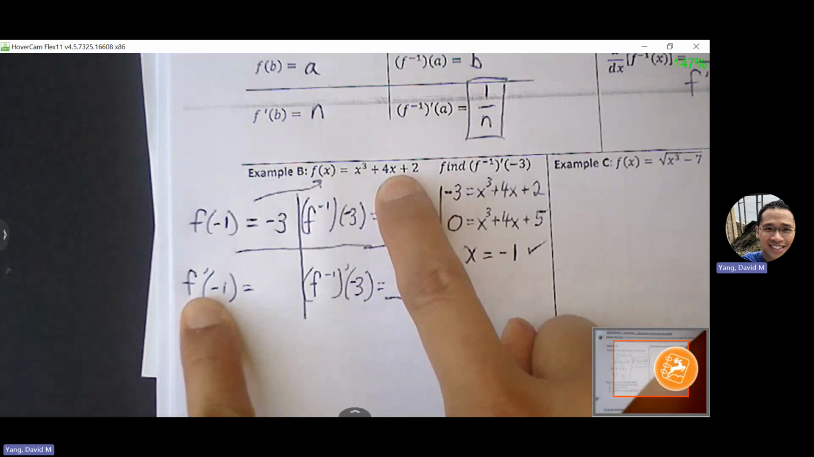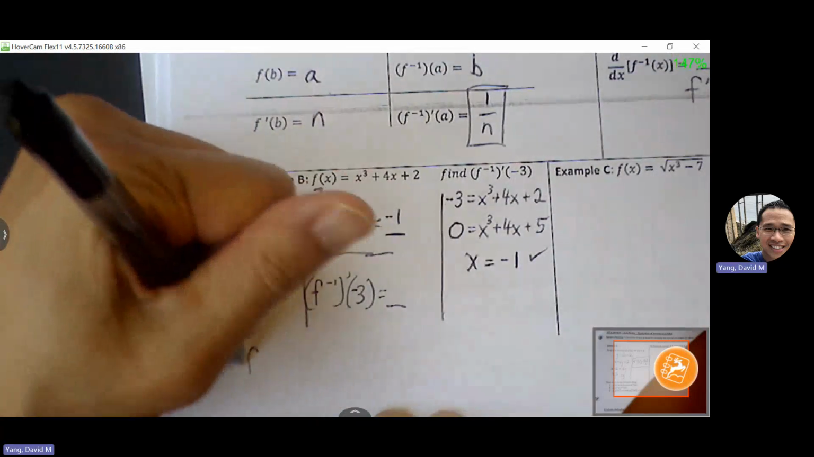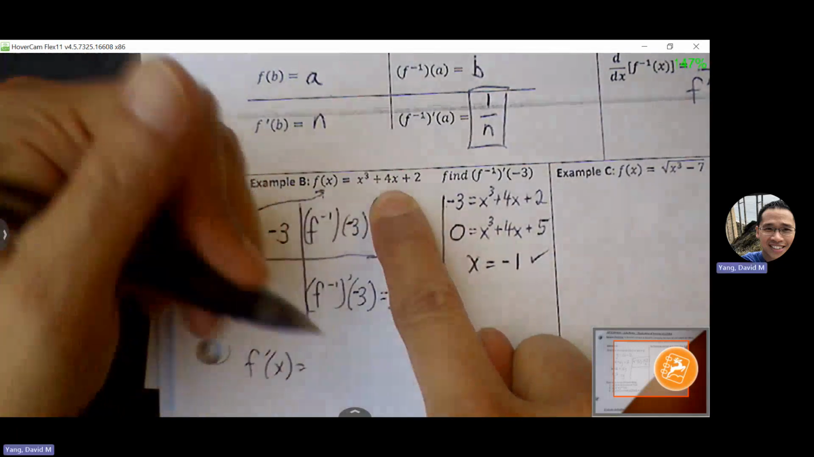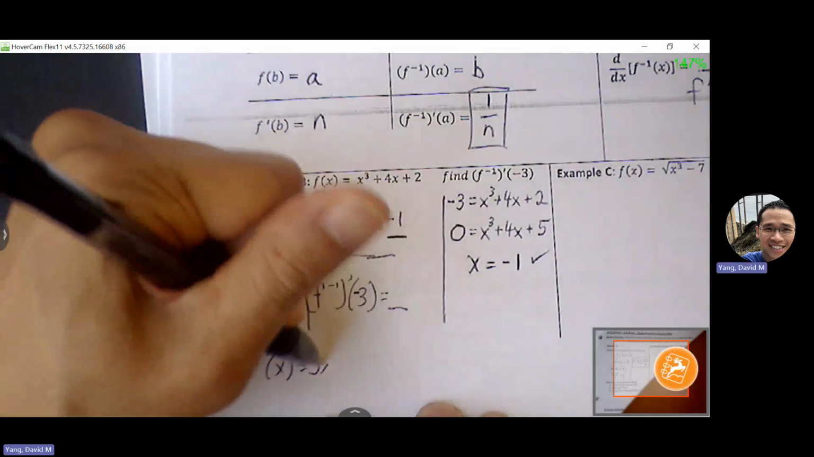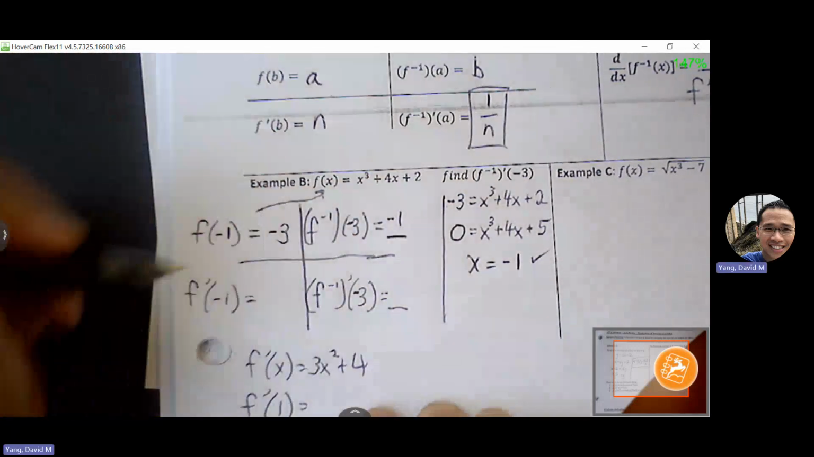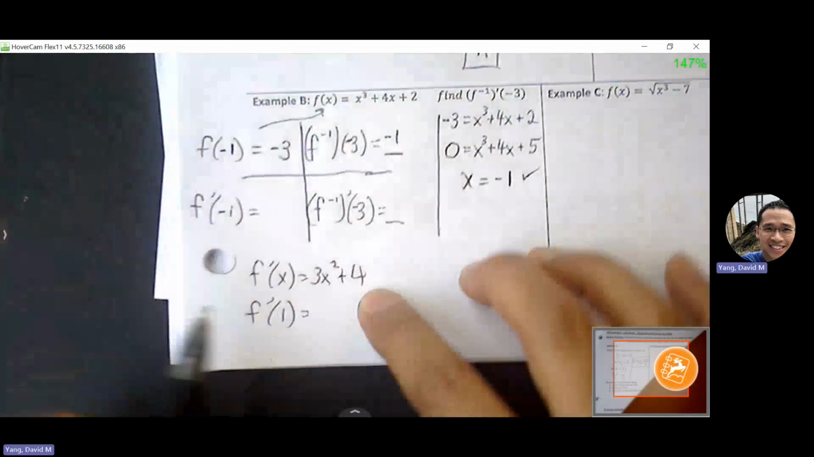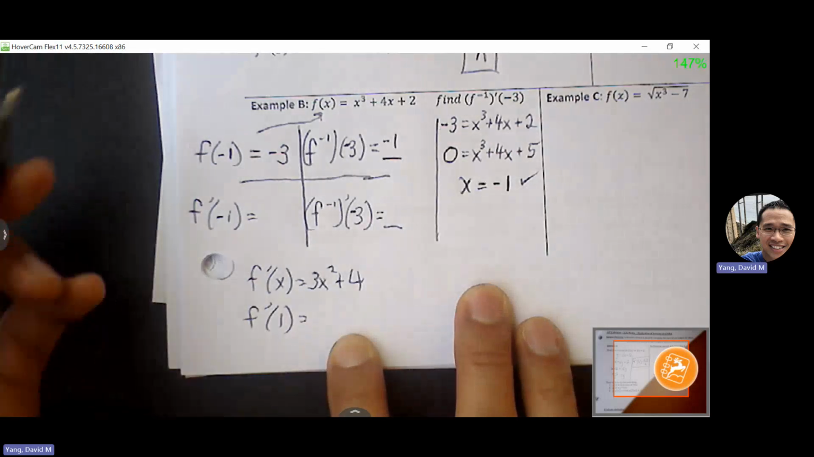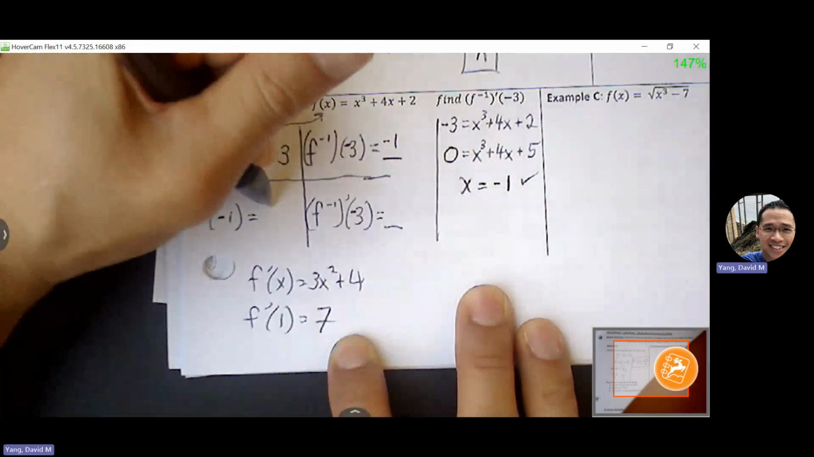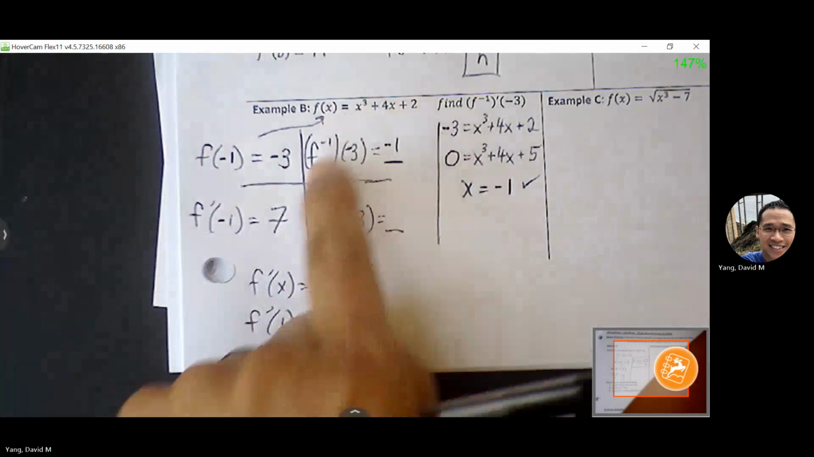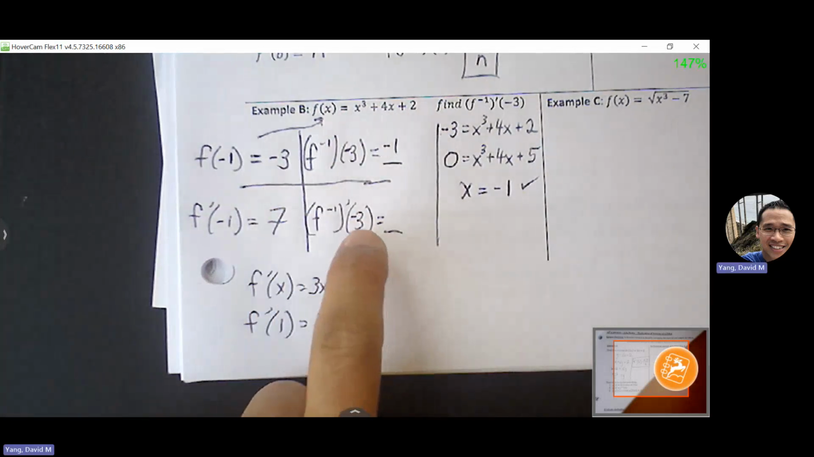So if I want to find f prime of -1, I first have to find what? f prime of x. So f prime of x is what? 3x squared plus 4. Okay, now I can find the slope at that point. What's the slope at that point? Plug 1 in, I get what? 7. So the slope of my function's derivative is 7, which means that the slope of the inverse, which we're